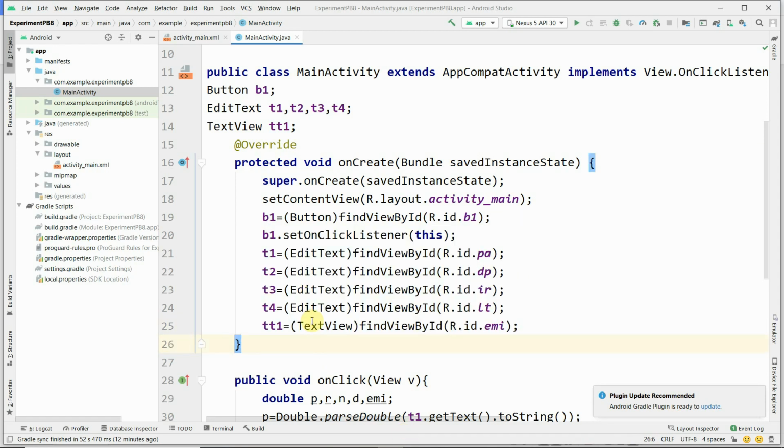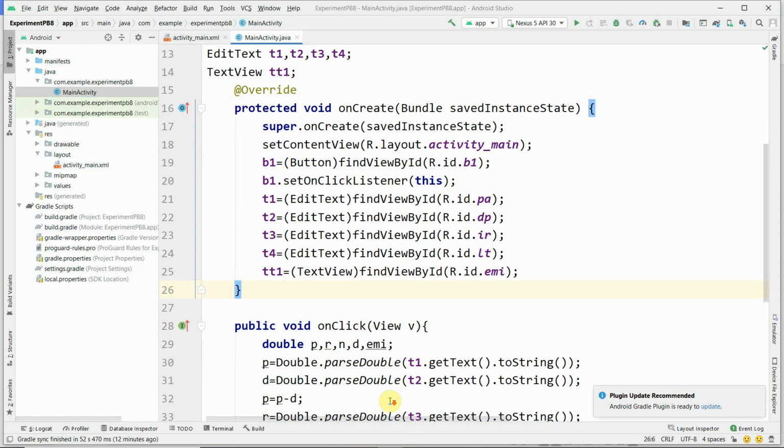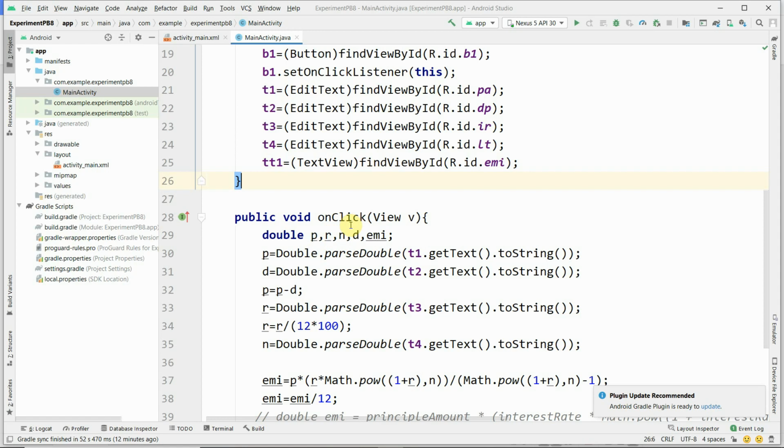Okay, and once we map, now we have to write the onClick method, public void onClick, to implement it. We are writing the code, and v is the object of type View.